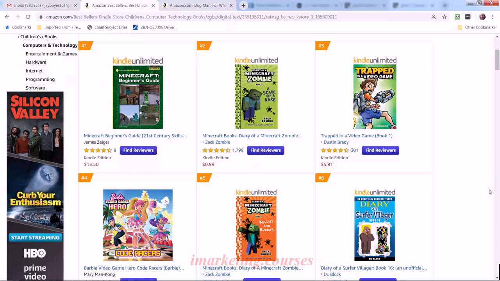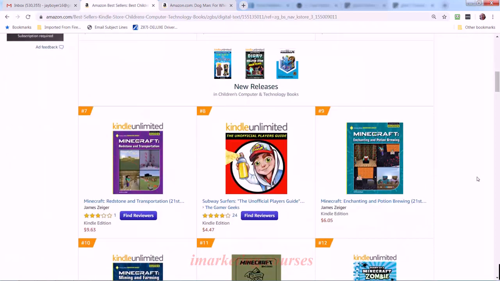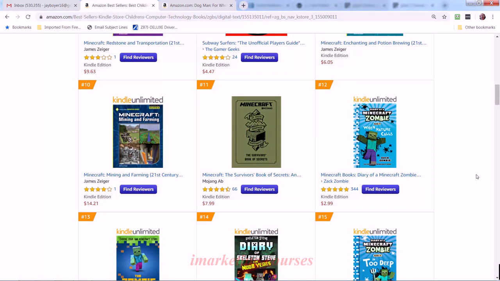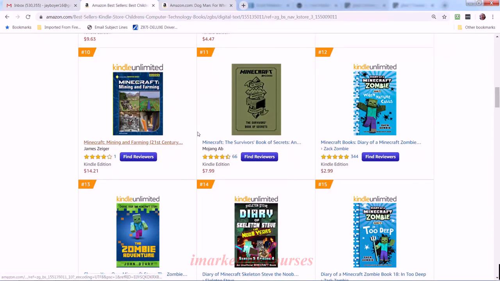And we saw some of these same books over in a similar computer and tech category. Diary of a Minecraft Zombie, Trapped in a Video Game. Computers and video games are huge, and there are some boys that are as crazy about computer and video game related books as there are girls that are interested in princess books, and they're kind of in the same age there, specifically 6 through 8, maybe 9 through 12. But let's just quickly look at some of the titles here. Minecraft,